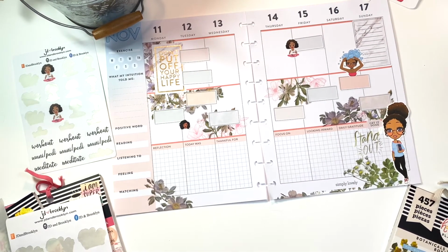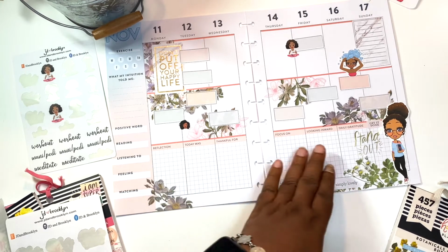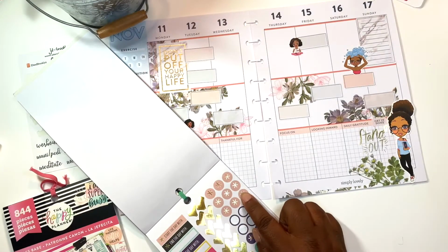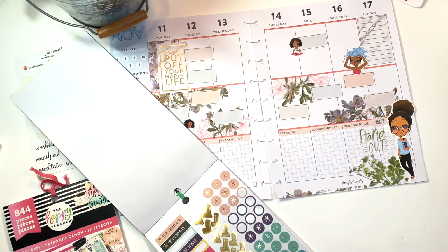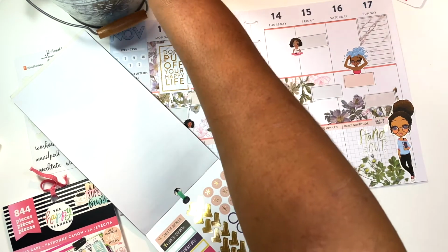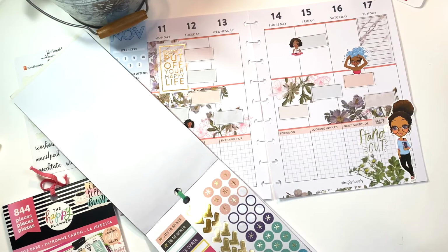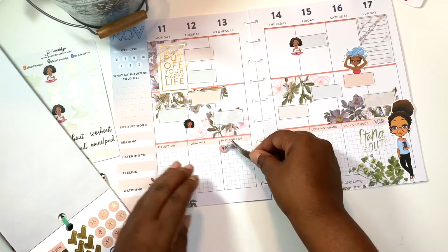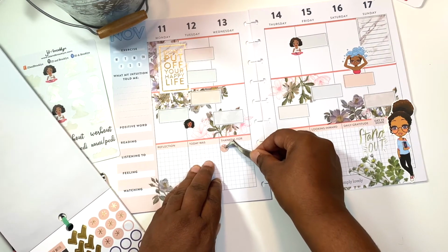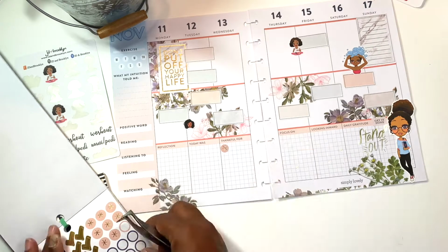Okay, one last thing, and then I think I'm gonna be done. I want to put some bullet points down here. How about these? These might be nice. Okay, and I do have my tweezers. I am not so much a tweezer girl, but I'm gonna give this a try, and I'm going to say what I'm thankful for here in this section here, and I'm gonna put 3